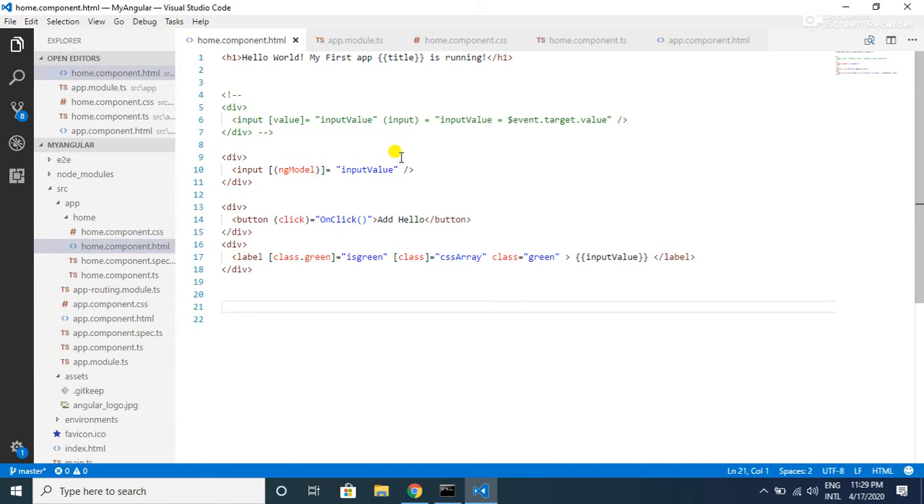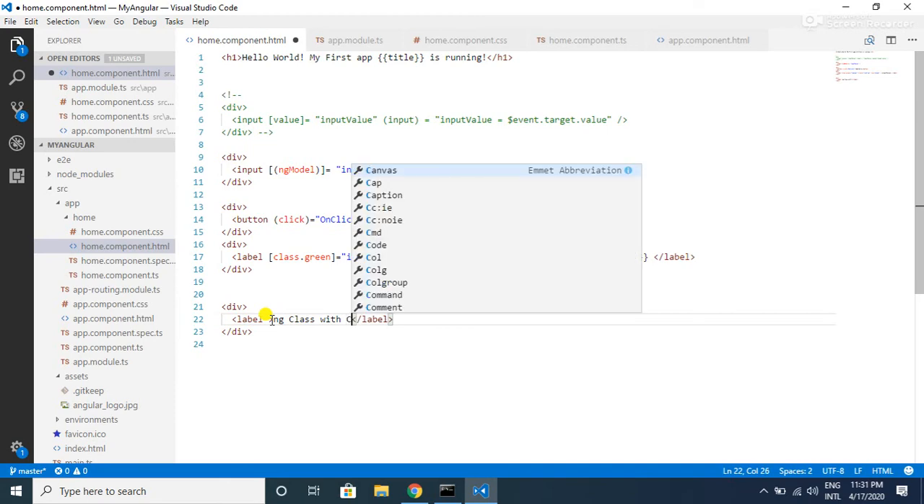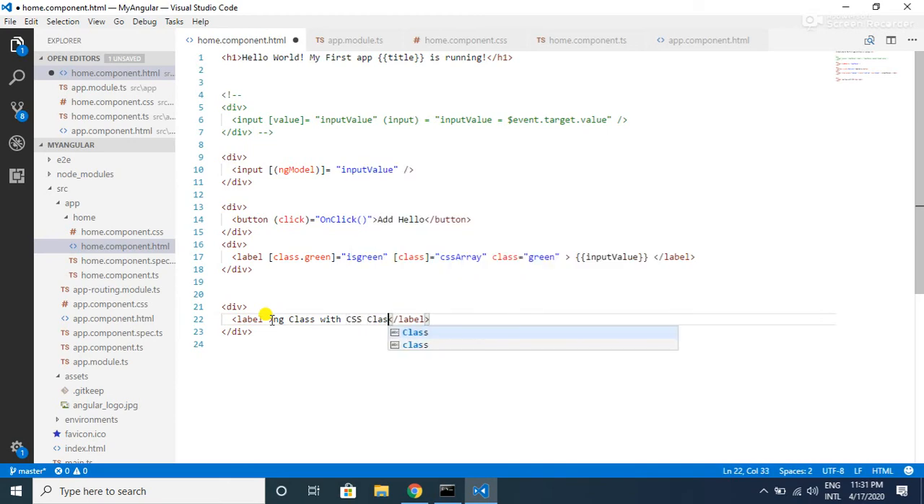The first one is ngClass. The ngClass attribute directive adds or removes a set of CSS classes. Let me have a label inside a div tag and let me keep the name as ngClass with CSS classes,